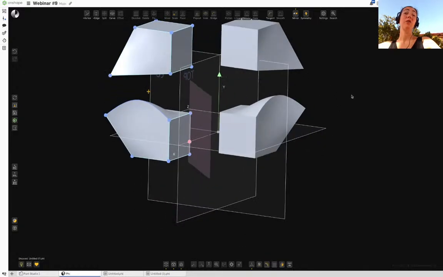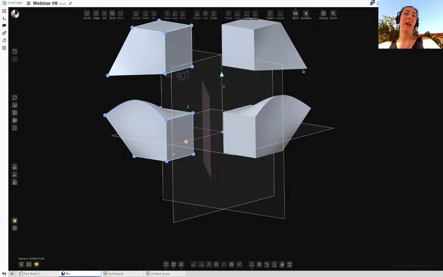When I want to materialize, and this is the reason why we select a face, I have to select which body and which ghost I want to materialize. So for example, if I only want to materialize this one, I select one or all of the faces on this body, and then I click the button,